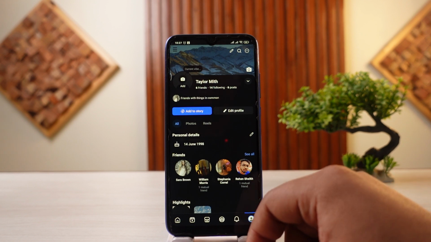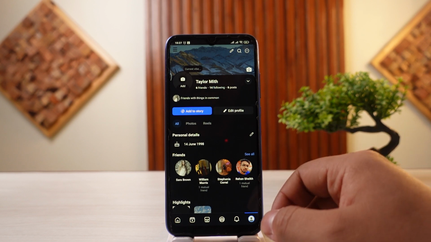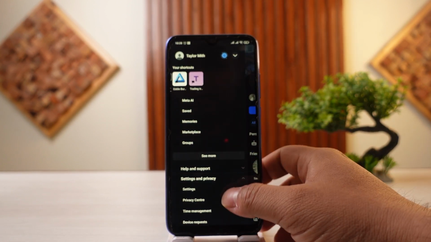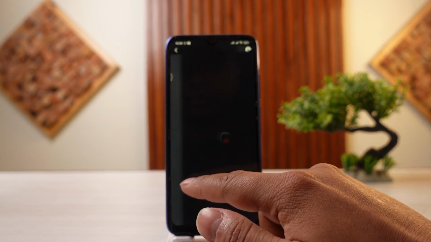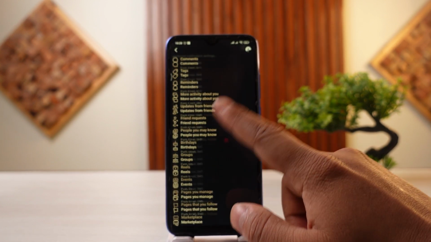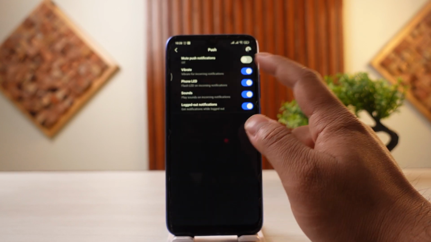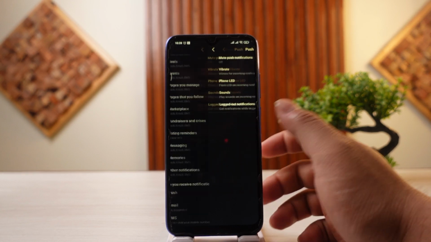Now, firstly, what you need to do is check if the notifications are enabled or not first of all. So from the profile section, head over to the three lines on the top left, head over to settings, and right here you'll be able to see the option called notifications. On the notifications tab, scroll down to the bottom of the page and make sure that the push notifications is enabled. If this is muted for you or if this is toggled off, this is the exact issue that you're